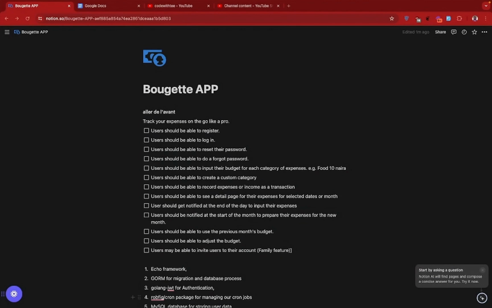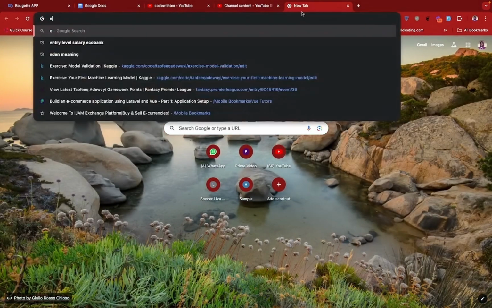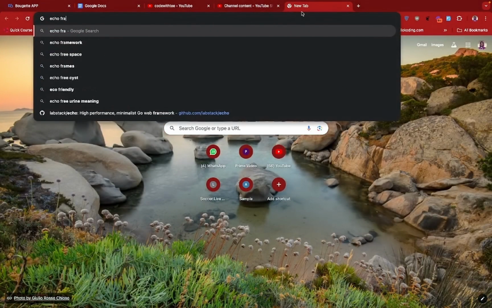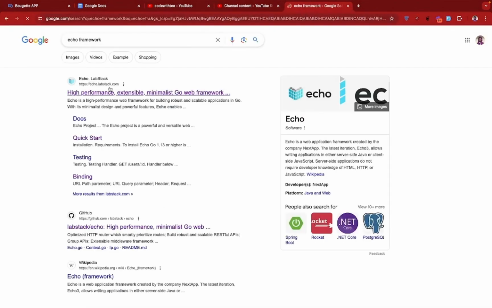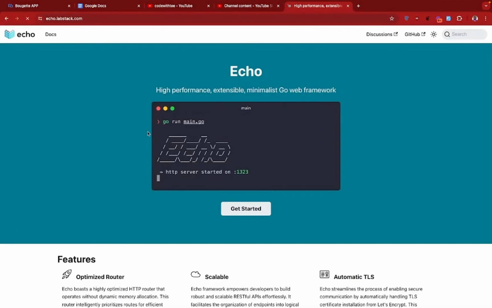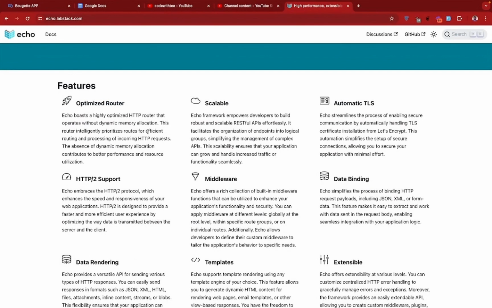So Echo framework, if we check Echo framework, as you can see, Echo framework is an optimized HTTP router. We have the normal HTTP router from Go, but I like the Echo framework. But for this particular YouTube series, I'll be making use of Echo, which is basically to help us